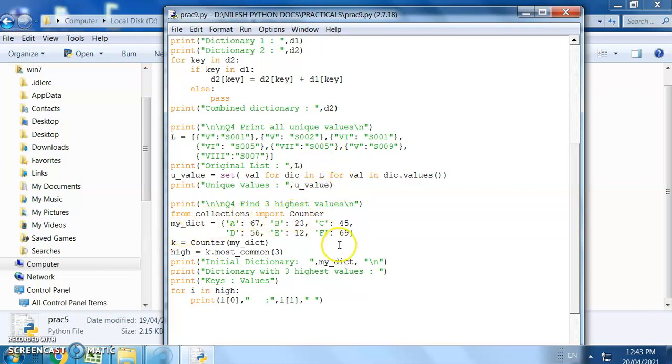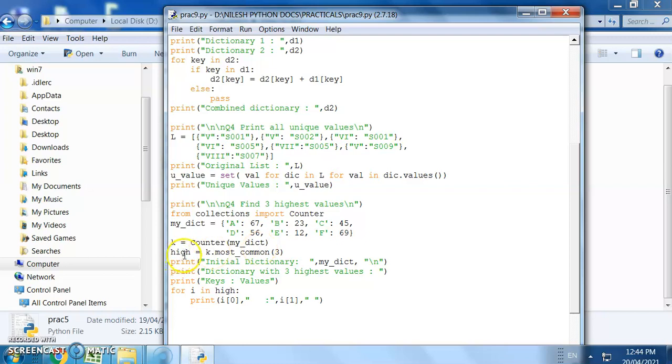If you want to find the highest value in that particular dictionary, you can perform it. We can import the counter function, through which we can check which collection is greater as compared to the other collection. So we'll check by using the counter function.